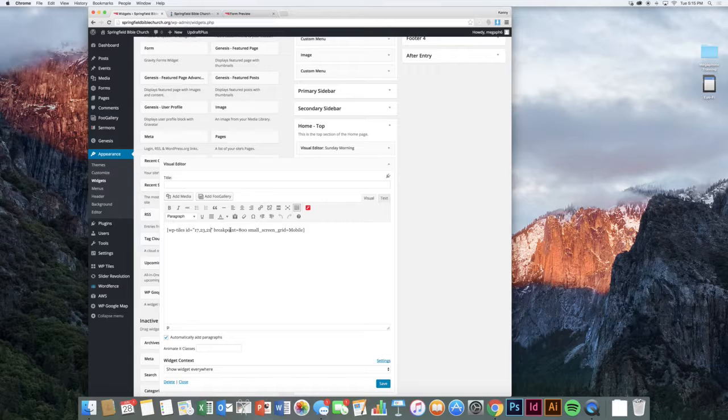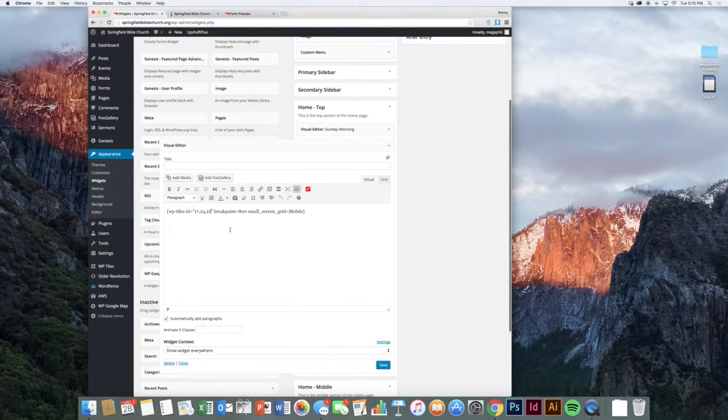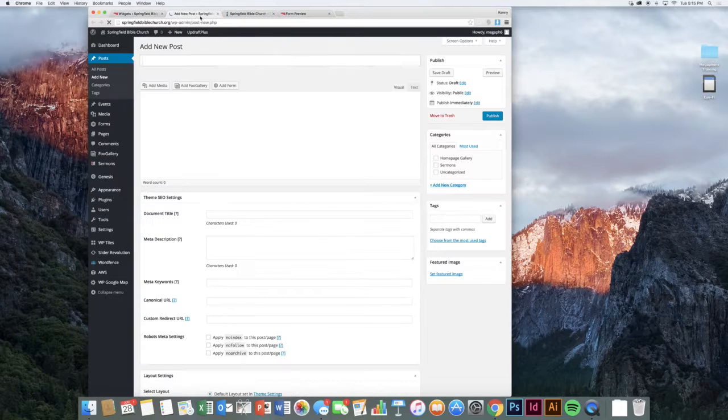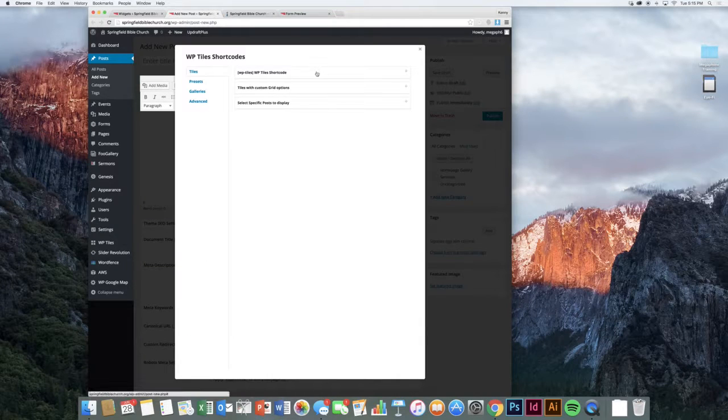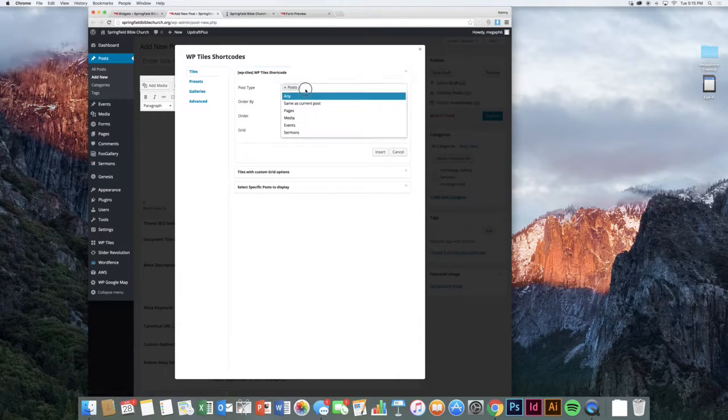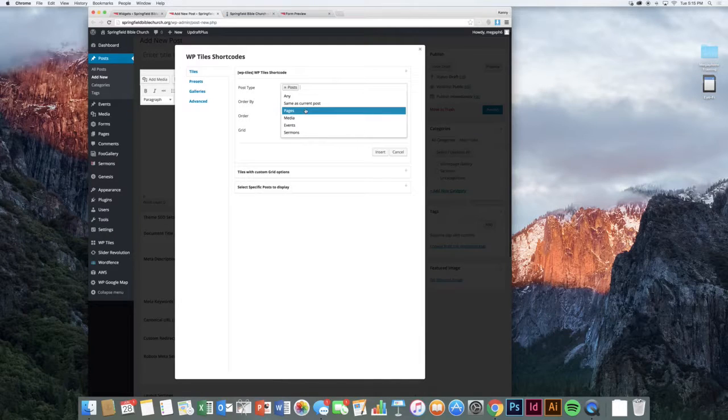make this by just knowing how to write this out, but you're probably not going to do that too much. We don't have a WP tiles thing in here, unfortunately. So if you're wanting to change this out, I suppose what you would want to do is go out here. If you want to feature something other than those things here, you can click WP tiles and it can make a shortcode for you. You want it to be that